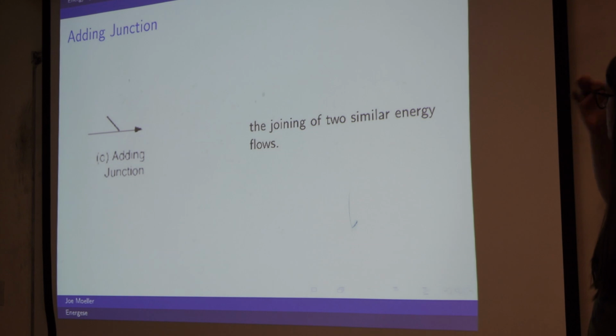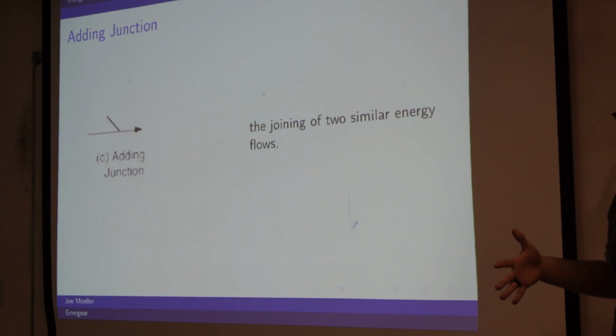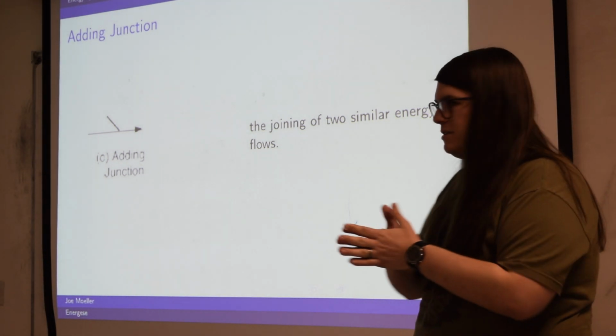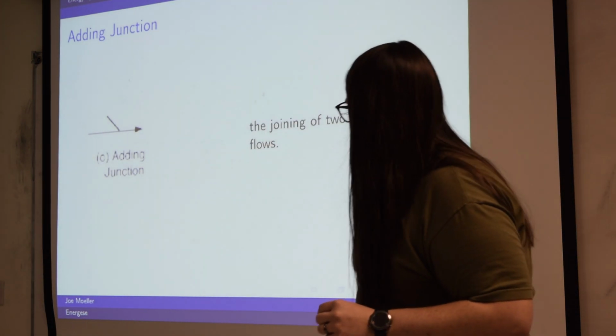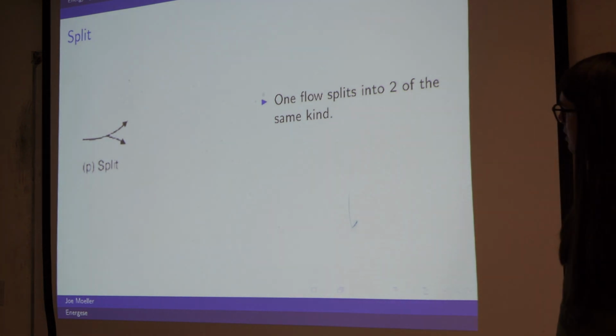Okay, so then this one is called adding junction. If you have two similar forms of energy and they're feeding into the same thing, then you can just add them. And it's called adding junction specifically because there are other ways of combining energy. This one's splitting, and so